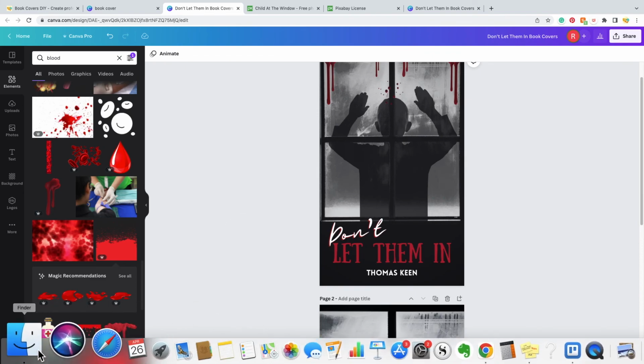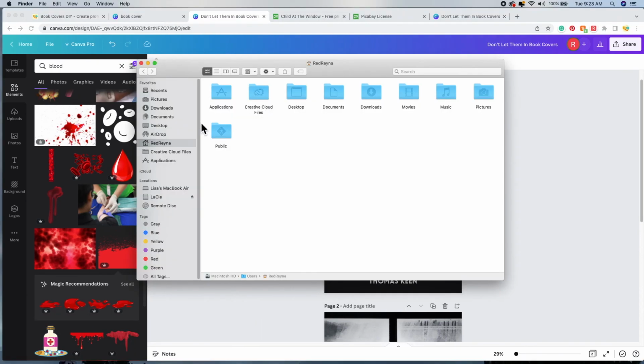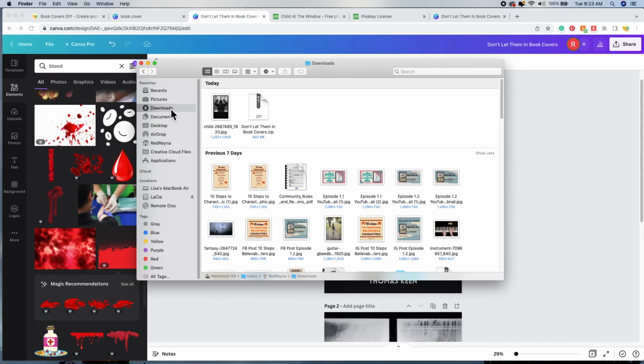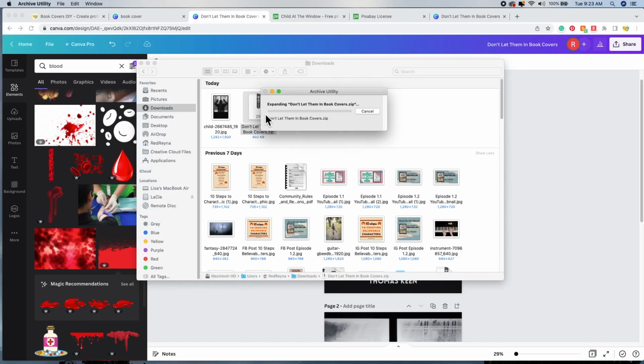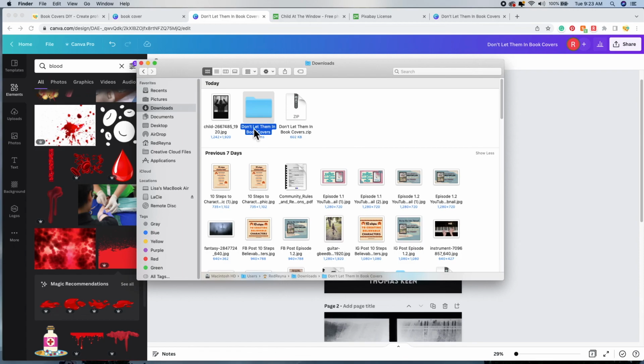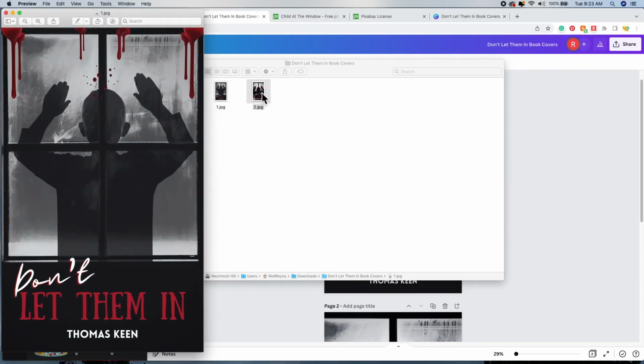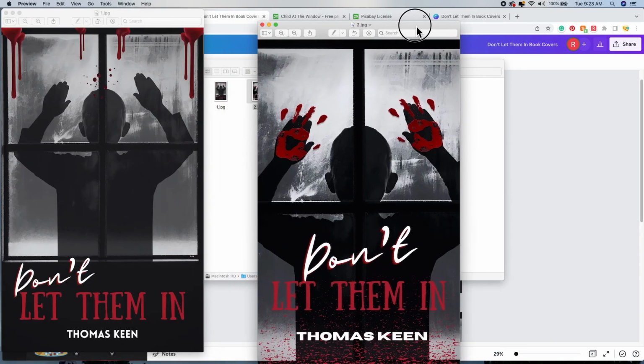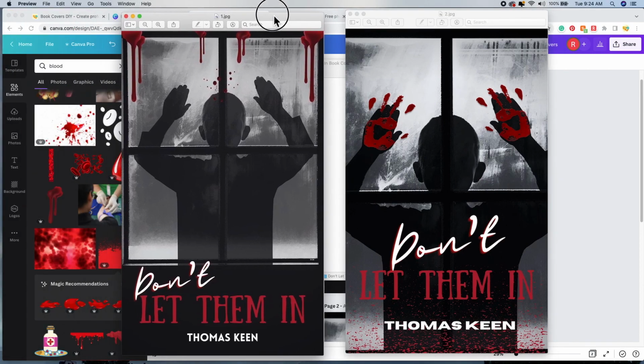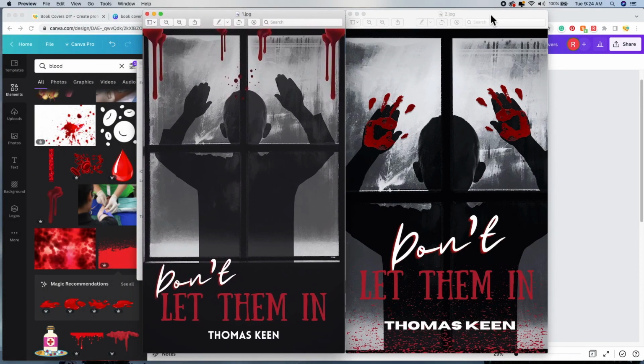Okay, now let's go to our Finder, and you want to make sure you're in downloads. Okay, now since there were 2 designs, it's going to be a zip file. You will double click the zip file, and it will deposit them in a folder. You can click on the folder, and here is our first design, and here is our second design. Okay, let's put those side by side. And so here you can see your 2 JPEG images,